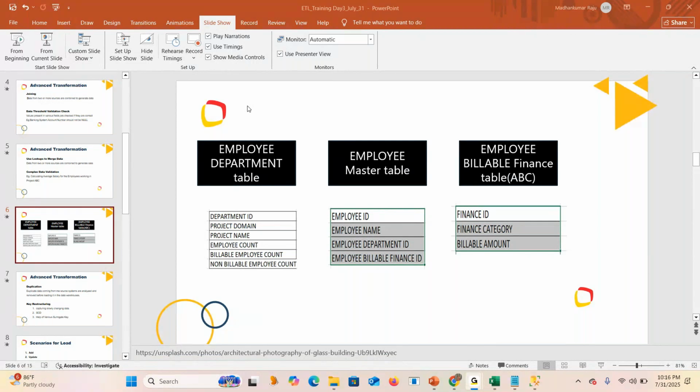I explained that in yesterday's class. Did you join yesterday's class, Ria? Yes, I had joined the class. Okay. I explained delta load, no? Yes, I understood what delta load is. As part of delta load, I'll be creating a pipeline to fetch the records on a 2 minutes basis.